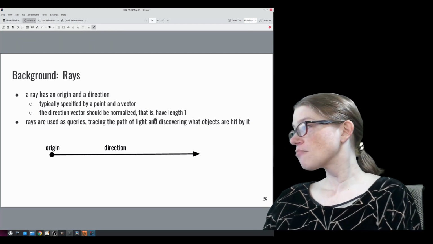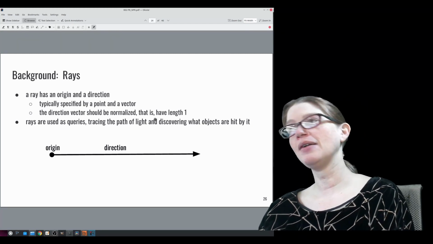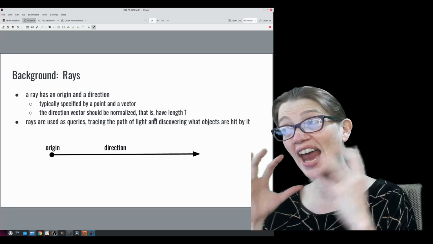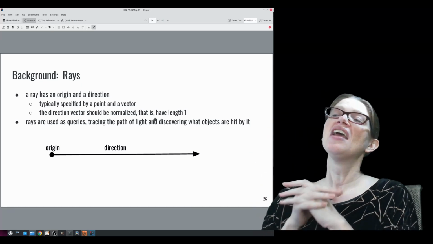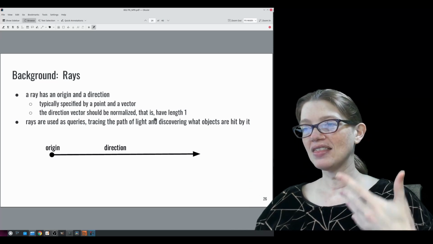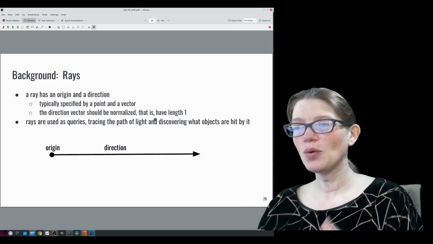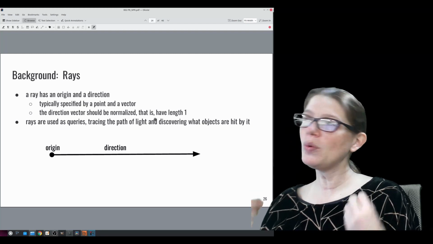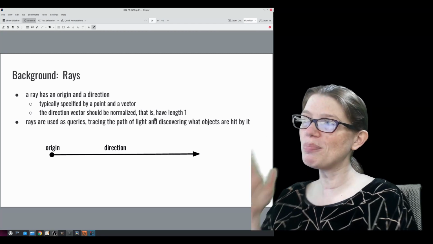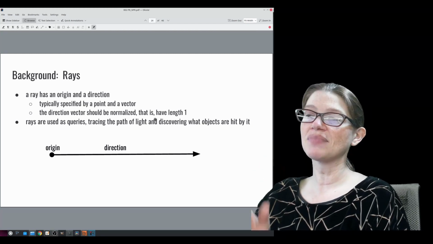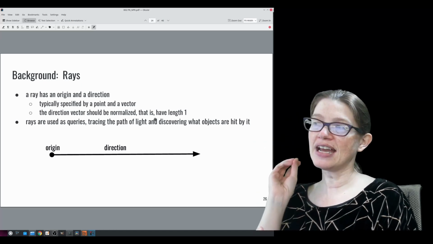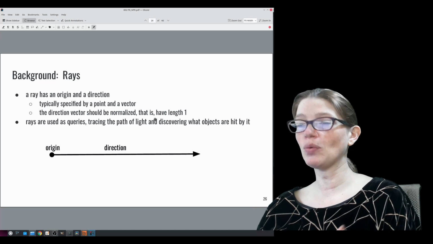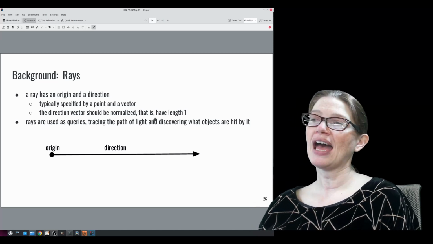All right, so the next thing that we need to talk about, we're still not at the point where we can show you the raycasting algorithm. I keep saying rays. What is a ray? Well, we are using the term ray to represent a beam of light. And our beams of light have an origin and a direction. So when we're talking about rays, we typically represent them as